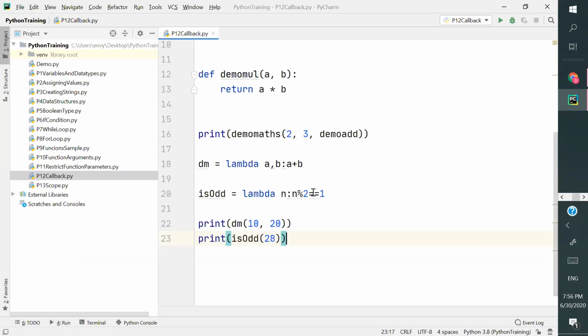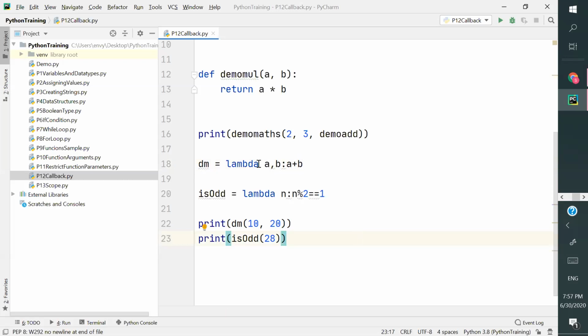So this is how you can write a single parameter or multiple parameter function. But make sure that this is a single expression function. Single expression means you have only one statement here, and whatever you write here should be only one statement which is returning a value. Here it is returning an integer, so whenever you call it, it returns 10 plus 20. Here it returns n percent 2 double equals 1, so it is going to return true or false, and here it prints true or false. This is how you can create a lambda expression.